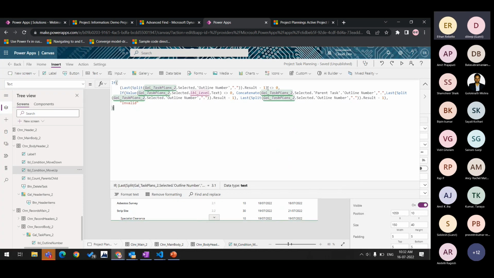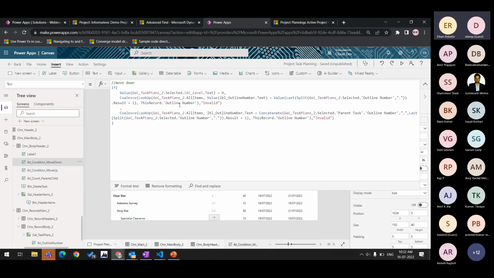So what happens is, if you are saying that the current outline number minus one is not equal to 0, it means that it is not a root node or not a primary task. So in that specific case, I just use this particular condition. It means that you cannot move up directly if there is no task above it. Similarly, I have a move down condition. In this case, what you need to check, because they can have n number of child tasks, is whether there is any task further than the one I'm selecting. So I'm just using the same outline number which I have from the previous,